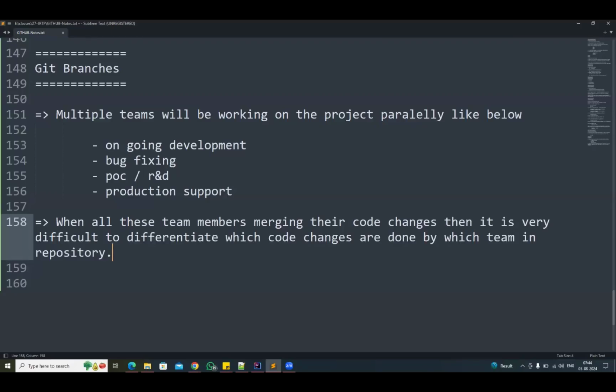From last 1 month, they are doing some code changes to the repository. Now, whatever the code changes are done for the ongoing development, that development requirement got cancelled today. Now I want to remove all the changes which I have done for ongoing development in the repository. So ongoing development team code changes available, bug fixing team changes available, production support team code changes available, POC team code changes also available. So it will be very difficult to differentiate which team is doing which code changes in the project. To overcome this problem,